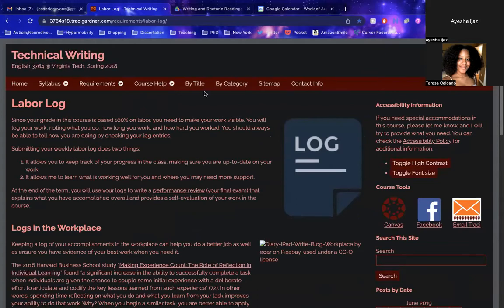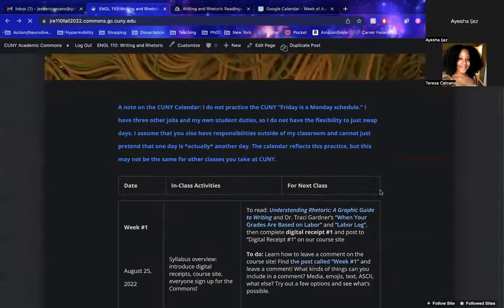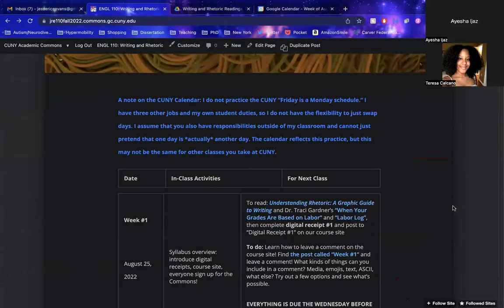Yes. Okay. And we read that PDF, the one with the cartoons, and afterwards, we don't do the digital receipt yet. We just do the comment. We don't do the digital receipt until next week. You could prep for the digital receipt, like take a screenshot or compile the stuff you want to include, but just hang on to it for now until I get everybody included as an author, and then you'll be able to upload it. For now, just reading and add a comment. Okay. Thank you for clarifying.